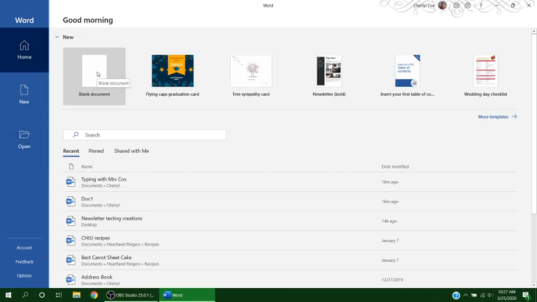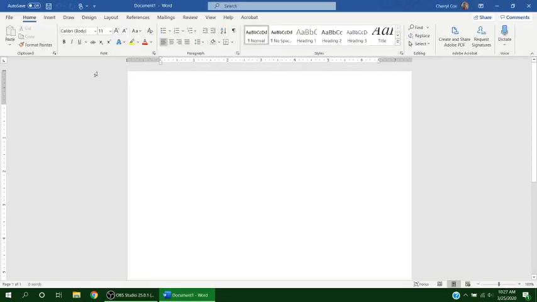But here is a blank document. Anytime that you open a blank document, if you know what you want the title of your document to be, your best practice is to always go ahead up here and click the Save Square first. Now, you will also notice that up here at the top, this looks a little bit different than ours does at school. Mine has an autosave feature that I can turn on, and this says Save to OneDrive or to